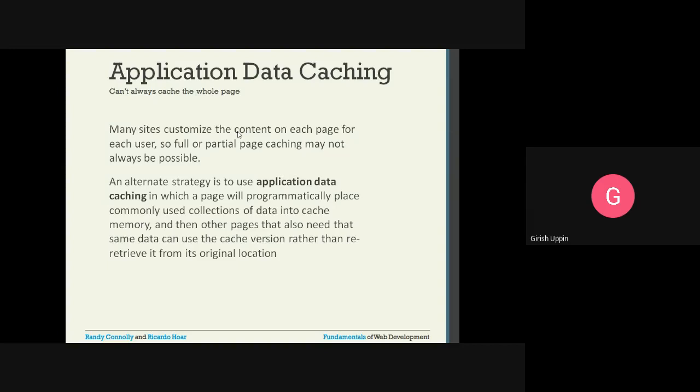If the data is changing dynamically, we can use an alternate strategy: application data caching, in which the page programmatically places commonly used collections of data into cache memory, and other pages that need similar data can take it from that cache rather than retrieving it from the original source.